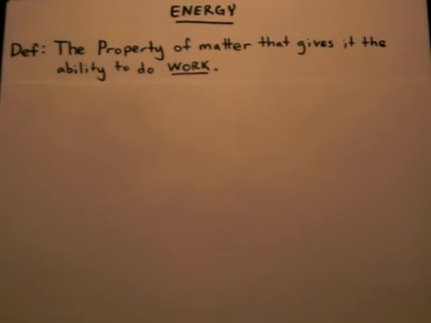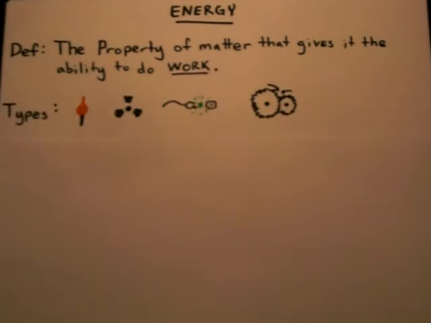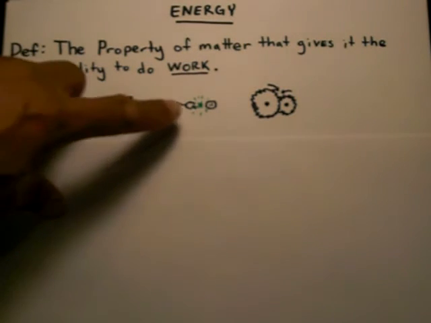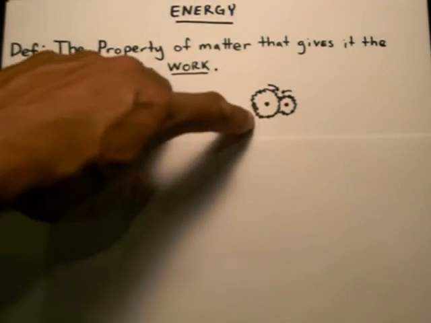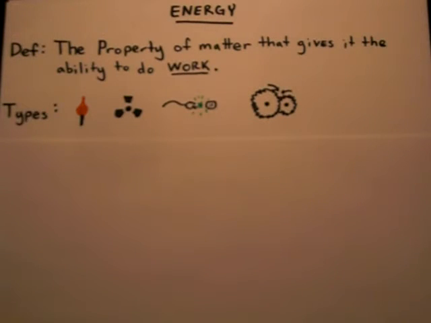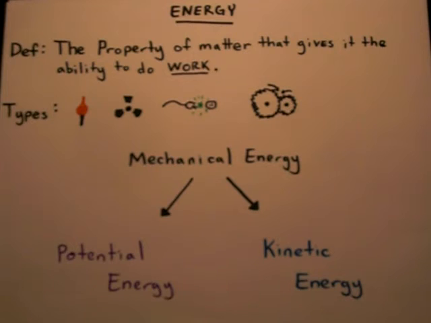And in terms of types of energy, you may know of thermal energy, nuclear energy, even electrical energy. What we're going to focus on is something called mechanical energy. Now, there are two types of mechanical energy: potential energy and kinetic energy. You may have heard these terms in previous science classes, but now we're going to get a chance to actually do some mathematical computations with them and get a better sense of what each of them are. So, to begin,